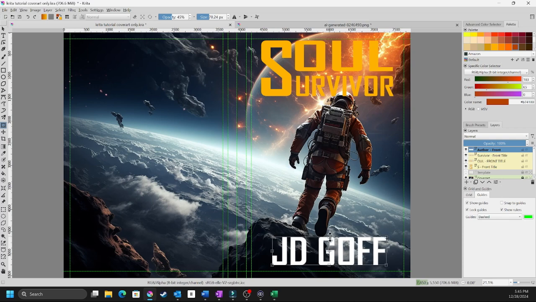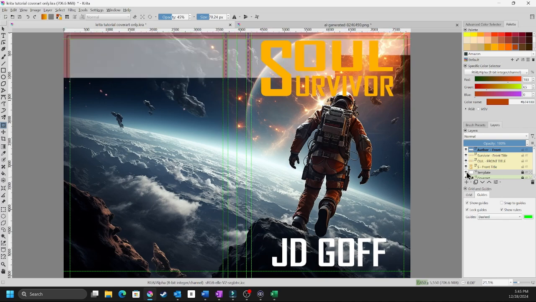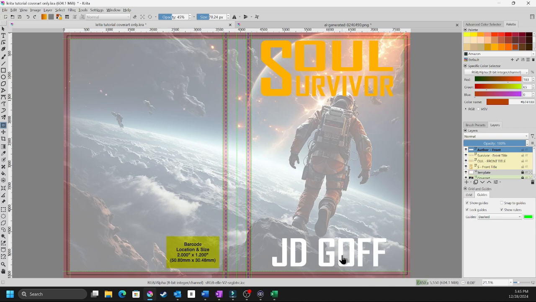I'm trying to make sure that it's equidistant between the guides, and I don't want it covering my astronaut's foot, so I'm going to bring it down just a little bit more. This is not my trim line. Remember, these are my live areas, so as long as I'm in there, I'm okay. My trim line's all the way down here. So there's a good space between my name and my trim line, and so I have plenty of room to